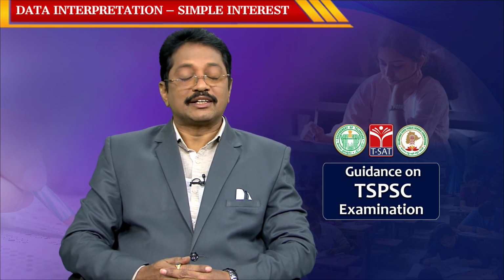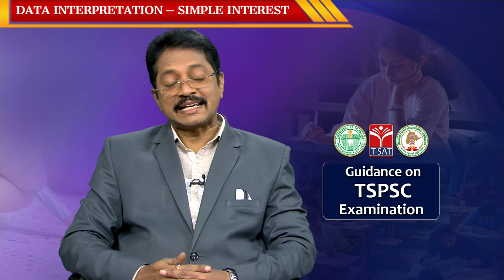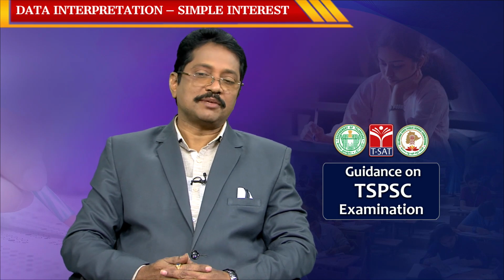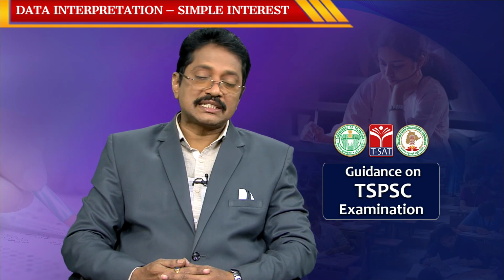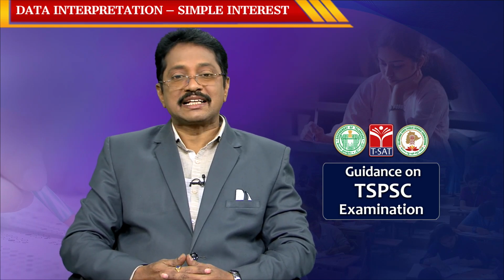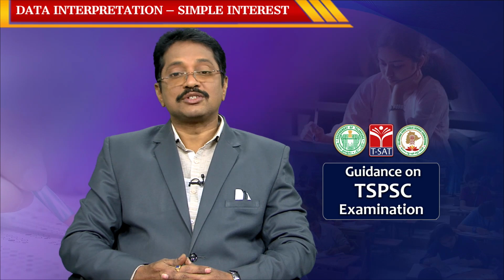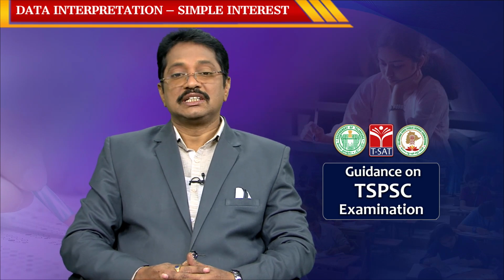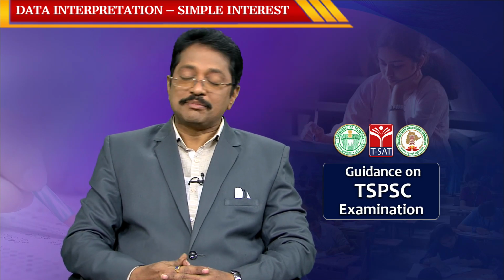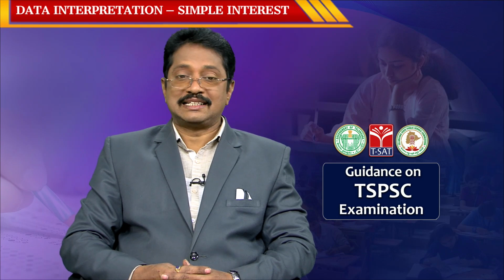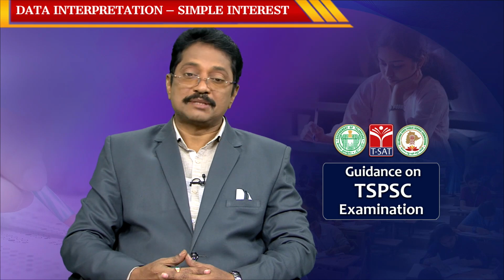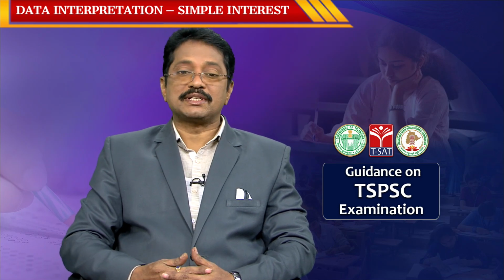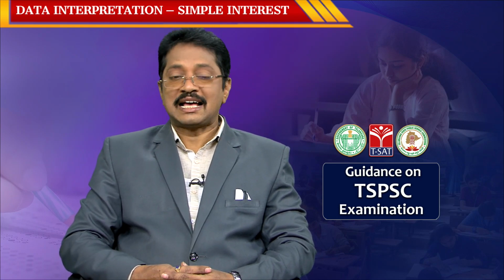A lot of planning and proper plan execution are very important. At the same time, identifying the papers in which it is easier for you to score maximum marks plays a vital and key role in your success. In my opinion, paper 5 plays a vital role if you are a maths and science background aspirant, because this paper is purely concerned with mathematics and science.